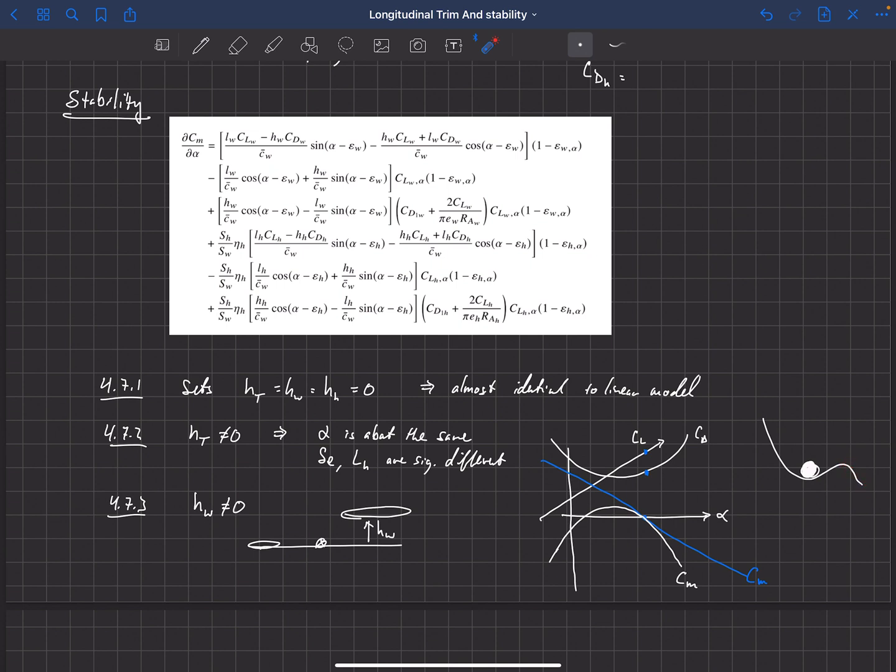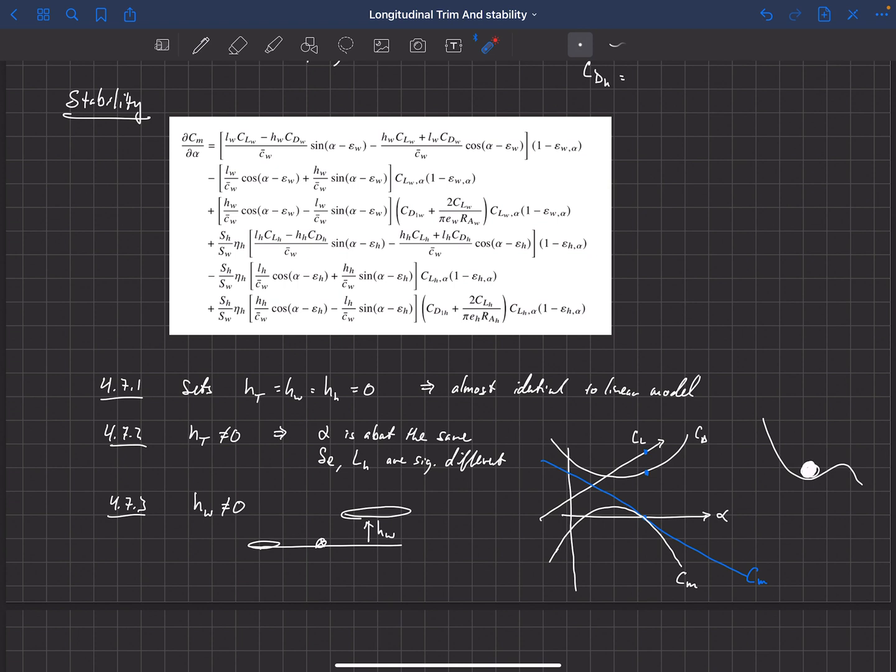So this is what happens when we have a large vertical distance between our main wing and our center of gravity. And actually this is a very common thing to be aware of for hang gliders, because they have a very high wing, and the human obviously is a lot of the weight of that aircraft, and the human sits significantly below that main wing, and so you have a significant difference in the height there.